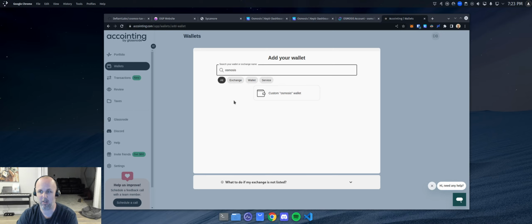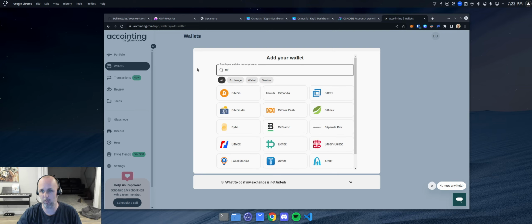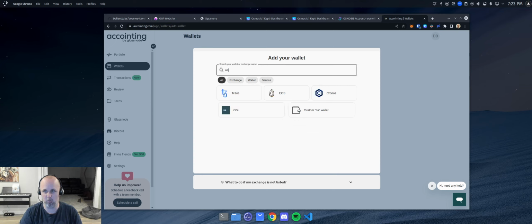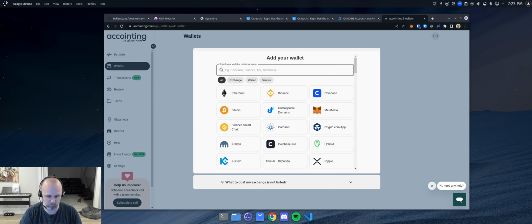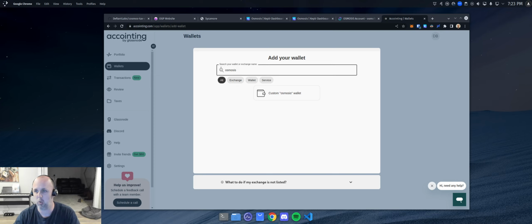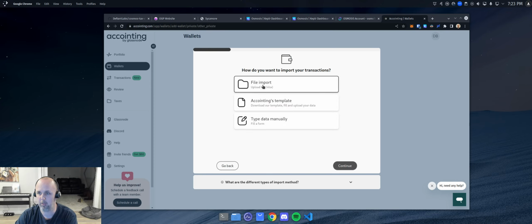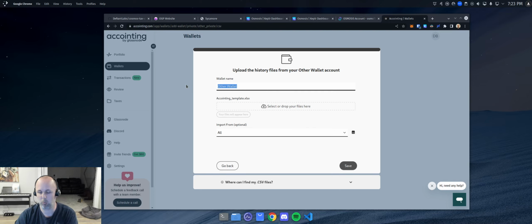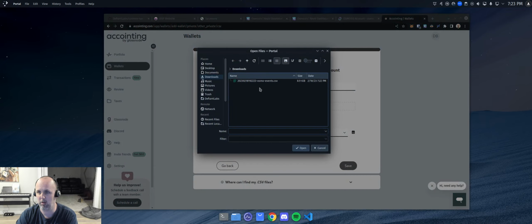And you'll see they do not support a native integration for Osmosis, but they do support other things like Ethereum or Bitcoin. So for Osmosis, you have to use a custom wallet. So we're going to click custom wallet here. It's going to come from a file import. We'll just give it a quick name, call it Figment Osmosis. We'll select the file,